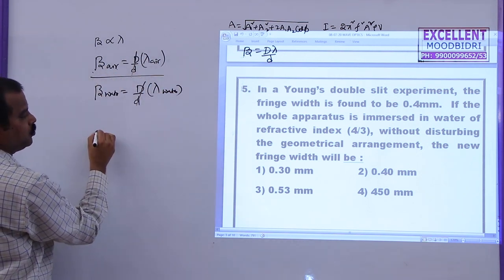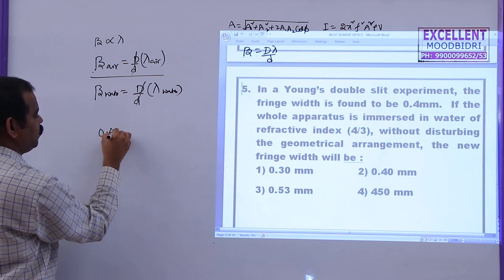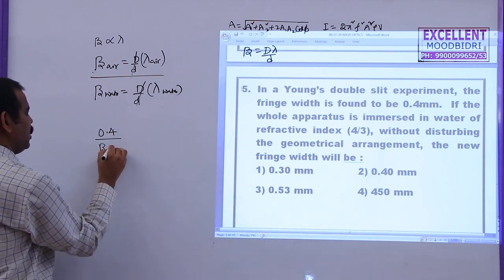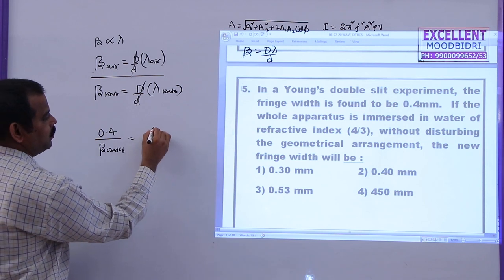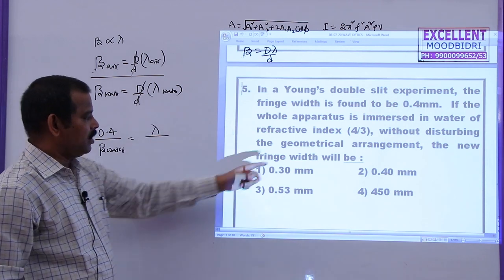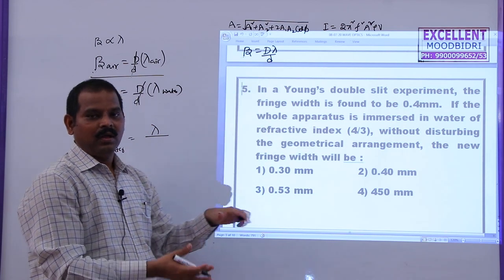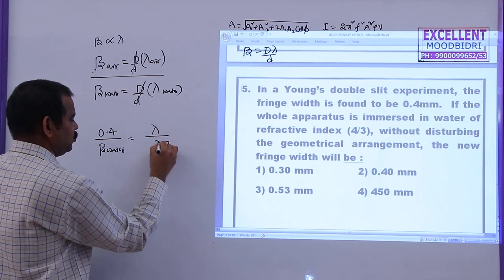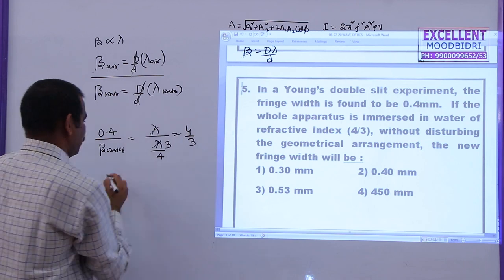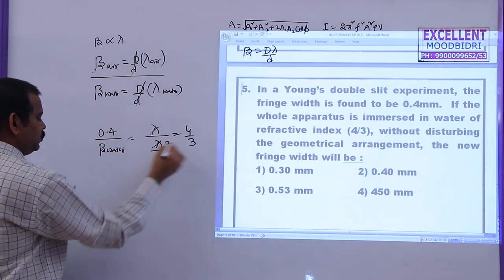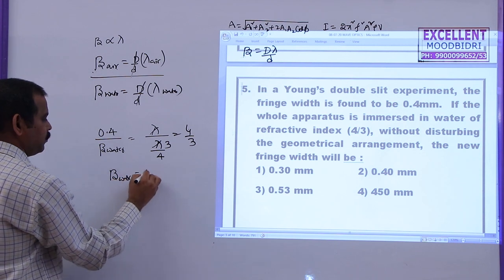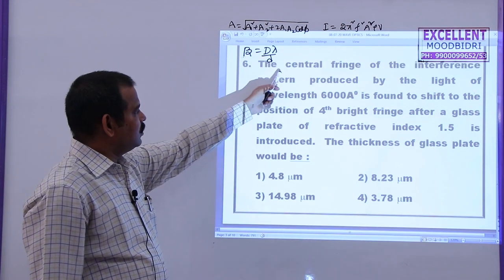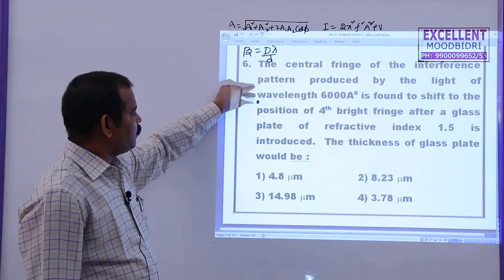Beta in air is found to be 0.4 millimeter. You keep it in millimeter only because options are given in millimeter only. Beta air by beta water is given by lambda air by lambda water. Whenever the total arrangement is immersed in water, the wavelength decreases by 4 by 3 times. So lambda by 4 by 3. So this will become 4 by 3, this 4 will go up. Now you can see this 4 threes are 3. So beta in water will become 0.3 millimeters. Option 1 is correct. The central fringe of the interference pattern produced by light of wavelength 6000 is found to